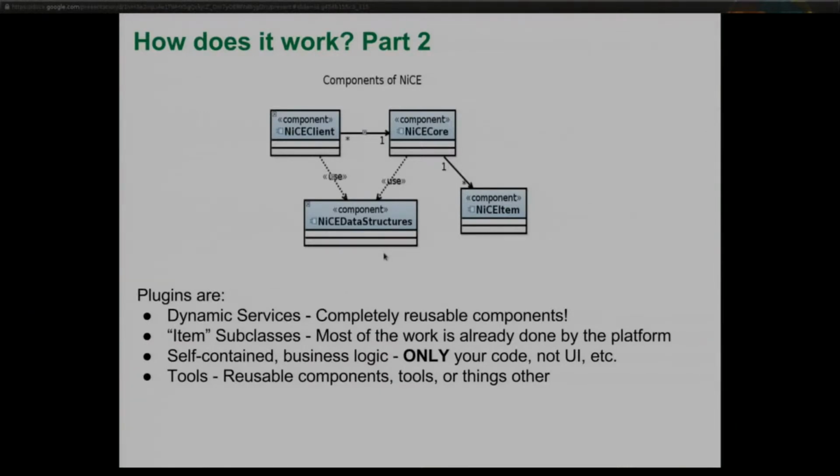The idea is that your business logic goes in your subclass of the item. My business logic goes in my subclass. And everything else in between, marshaling the data, drawing stuff on the screen, you name it, launching jobs on remote machines, that's the platform's problem. We shouldn't have to rewrite that code. Okay, other things that go in, some things we have, it's like, well, they don't really make sense in this construct of an item, so just add them as a tool to the platform. VisIt, for example. We're starting to integrate ParaView as a tool, and that's just coming on an environment. We have some other tools as well.